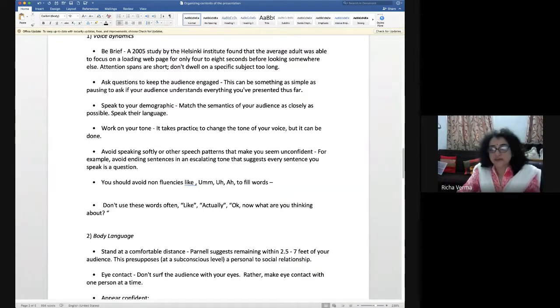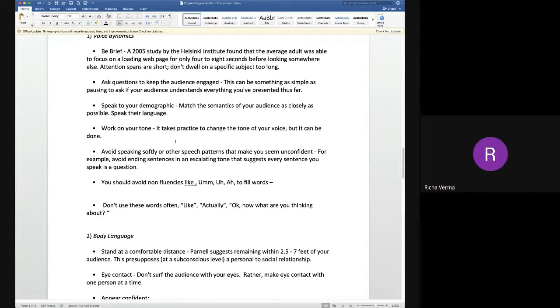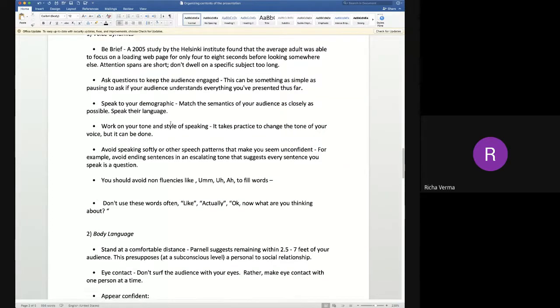Okay, so it takes practice, तो आप 2-3 बार जब आप प्रैक्टिस करेंगे तभी उसमें बन सकता है, फर्स्ट टाइम में नहीं होता है. So generally when you are presenting, you have to rehearse, you have to practice again and again, so that you give your expressions according to your body language, and it does not look unnatural or artificial, so it comes out naturally. Okay, so you have to work on your tone and style of speaking. So this also should come out naturally. It always comes through practice.